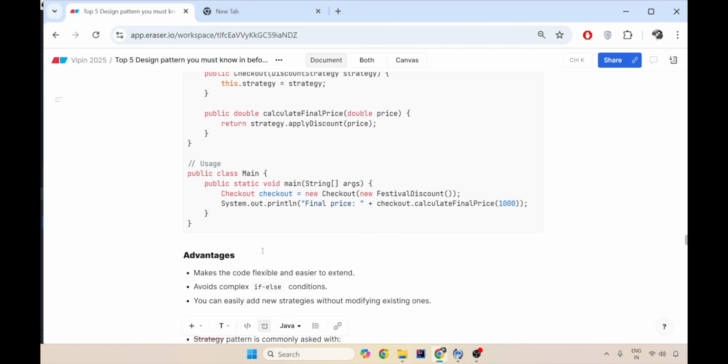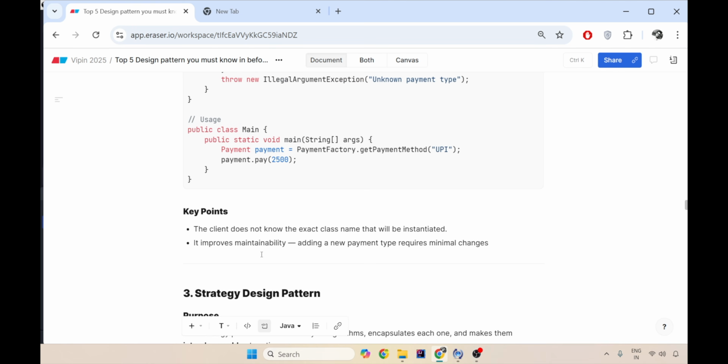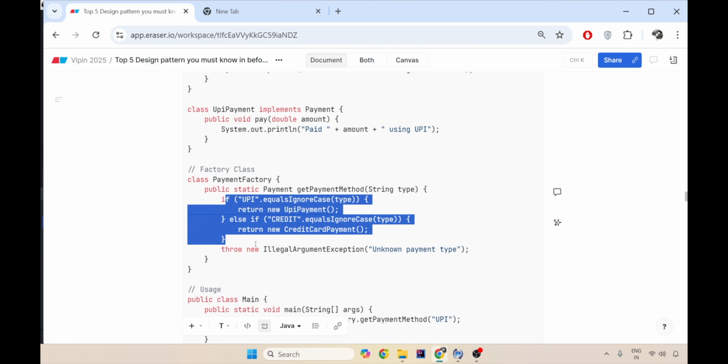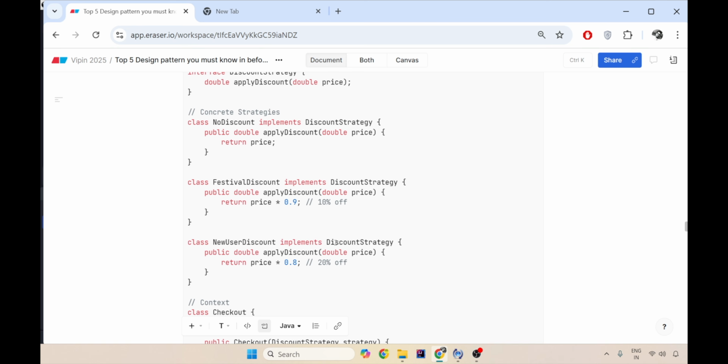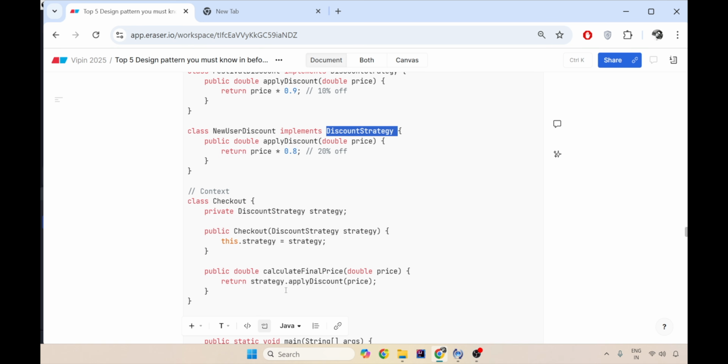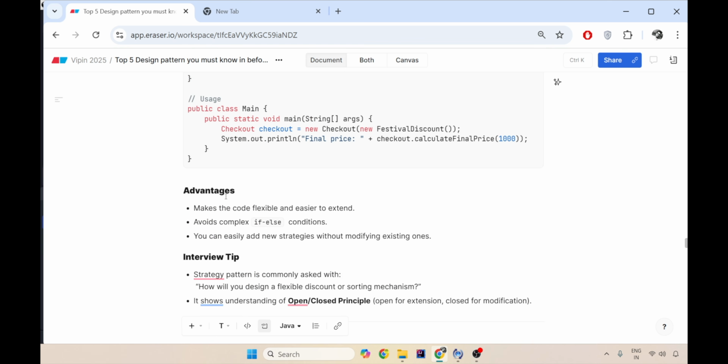You don't need a factory like this to decide with if and else conditions which is to be taken. It is automatically decided at runtime because all of them implement the discount strategy, and you pick the strategy and apply it as it is. This makes your code easier, flexible, and easier to extend. It avoids the if-else conditions like we did in the factory class, and it is easy to add new strategies without modifying the existing ones.